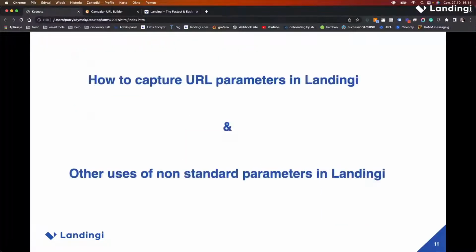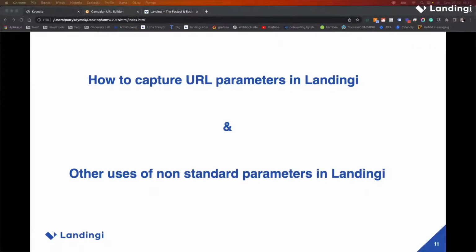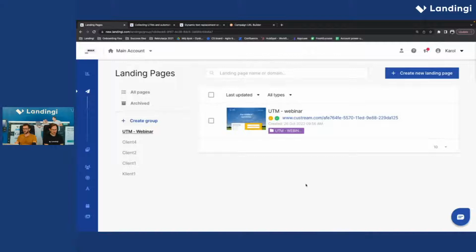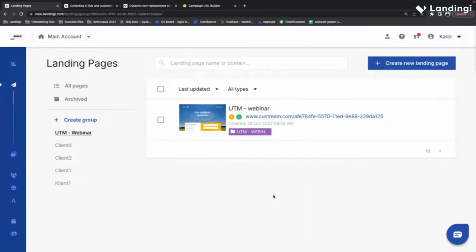Let's go to Landingi to show you how to capture URL parameters and what the other uses of non-standard parameters in Landingi are. Let me just switch it quickly over to Carol. Yes, so I will be responsible now for the Landingi part of the UTMs and how you can actually see them and use them in your landing pages environment.